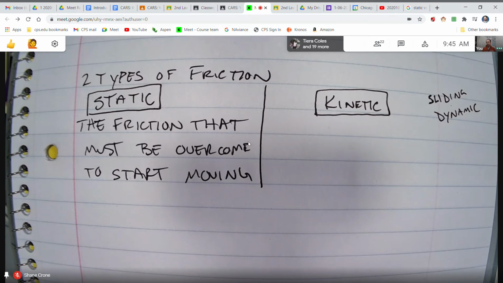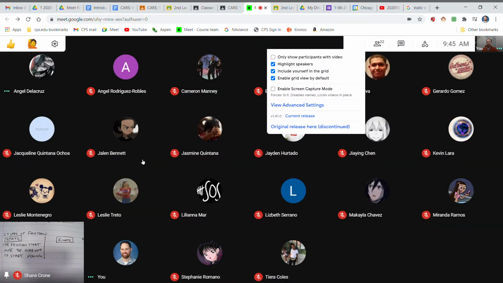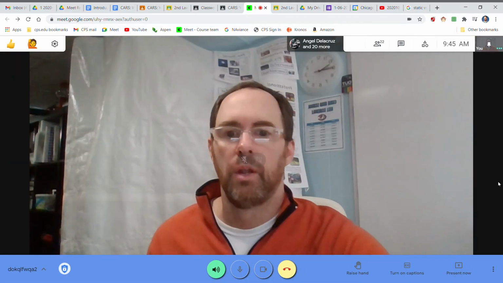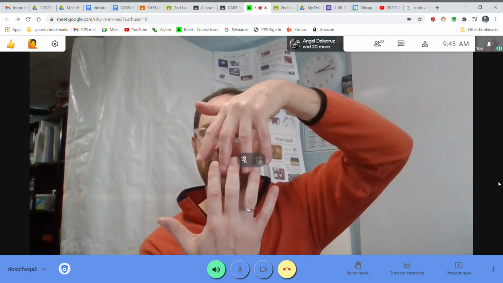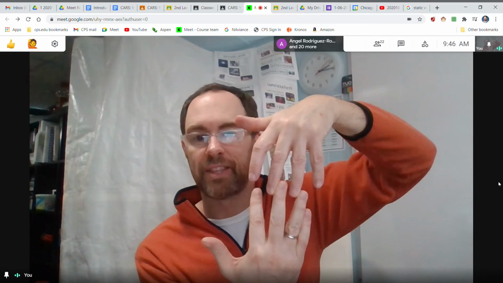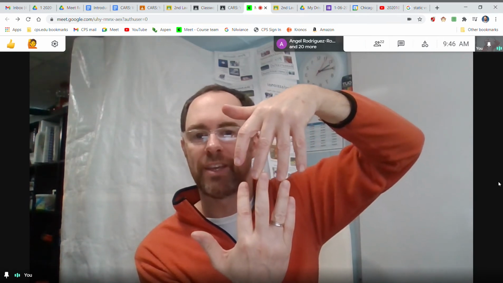So remember, and I'm going to switch my screens for just a second. This is really tedious. It's annoying that I have to do it this way, but remember, the little things are going to dig in a little bit and they have to move like this. That's the static friction. You've got to get this thing to move so that it moves up like this until they're kind of riding across the tops of those little, for lack of a better word, those little mountain peaks, right? Those little stalagmites and stalactites, they're just kind of sliding across each other.